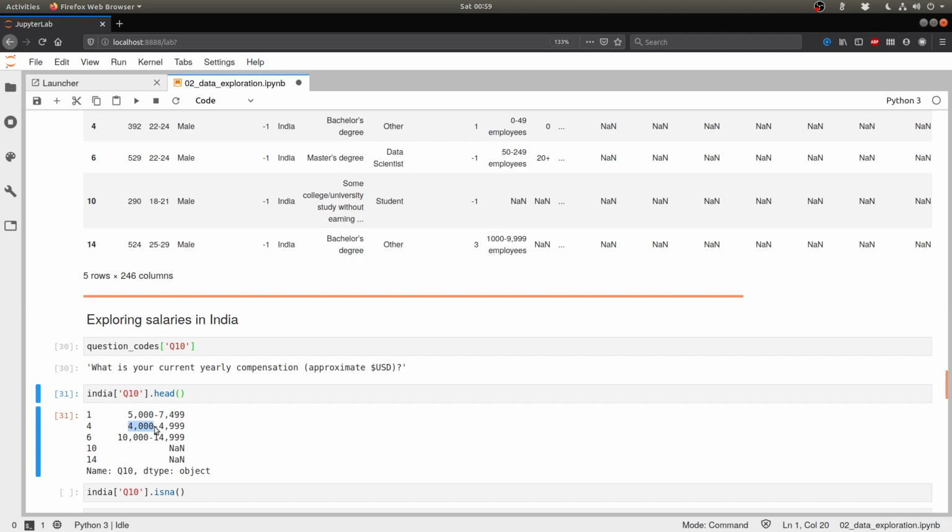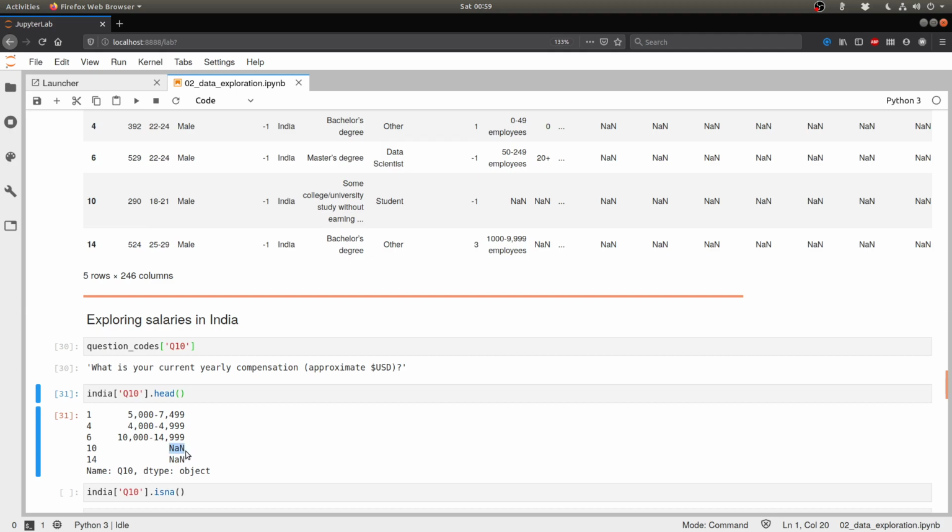The fourth respondent is saying that their approximate compensation in American dollars is from $4,000 to $5,000 and so on. We also have some NaN values. NaN here means not a number, which means that that was a null value. This particular respondent, respondent number 10, chose not to answer this question perhaps. So that is why their response for this field is not a number. It's basically not applicable, it's a null value.